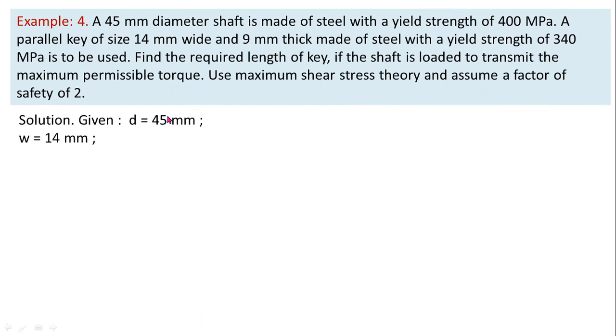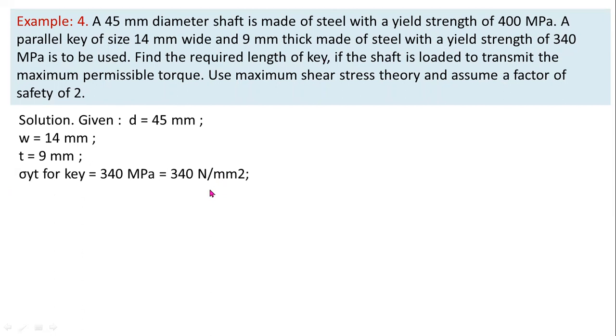From the given question, the diameter of the shaft D equals 45 mm and width W equals 14 mm. The width of the parallel key equals 14 mm and the thickness of the key equals 9 mm. Here you can observe the tensile yield strength is given, that is 340. Yield strength of the key material sigma yt equals 340 megapascal, 1 megapascal equals 1 Newton per mm square,